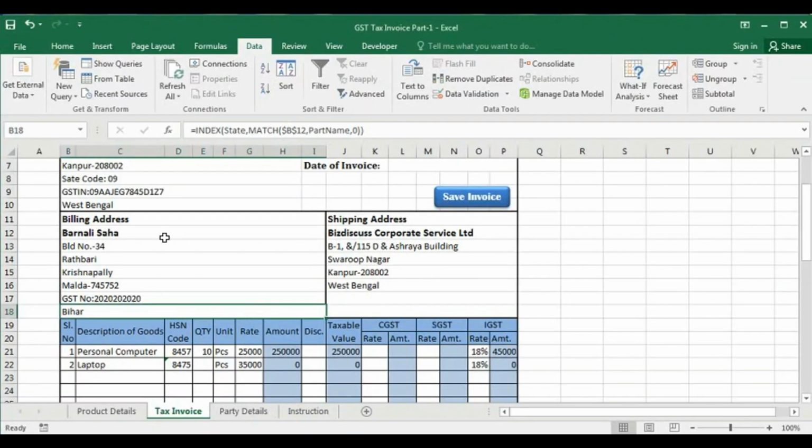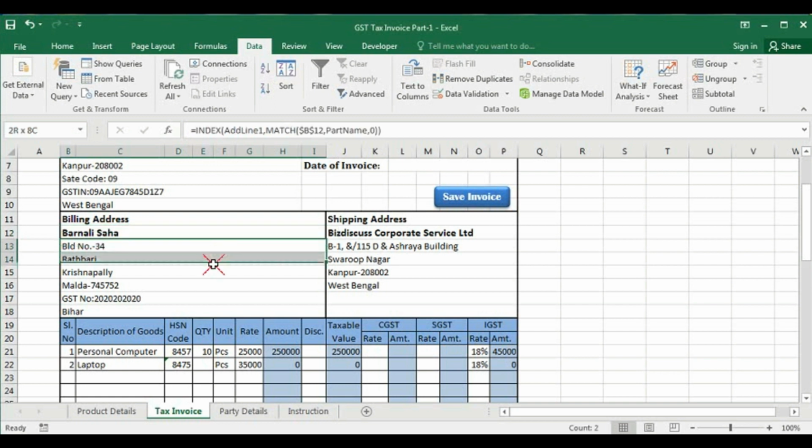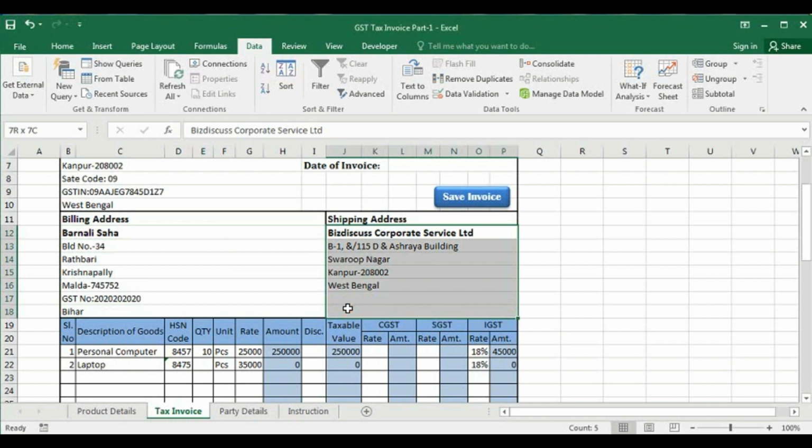Now what will be the action? The action is when we change this cell B12. If this is the target cell, and if this is changed, then all the values of the cells will be copied here. So how will it be done?